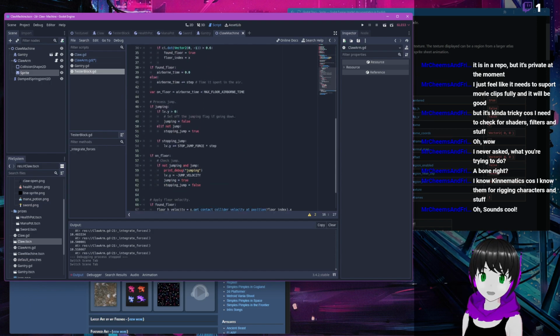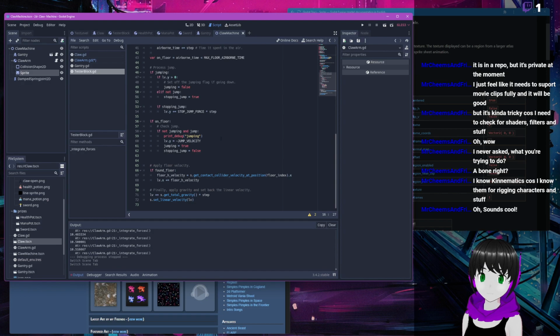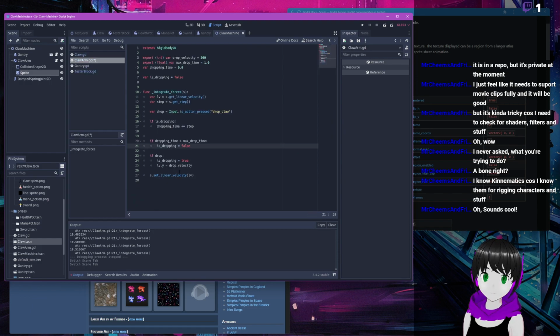So if I apply gravity, so this is applying gravity over time. So the step counter that I'm using, I don't think I want to apply gravity, because the spring should handle that for me. So if it is dropping, if drop and is dropping,